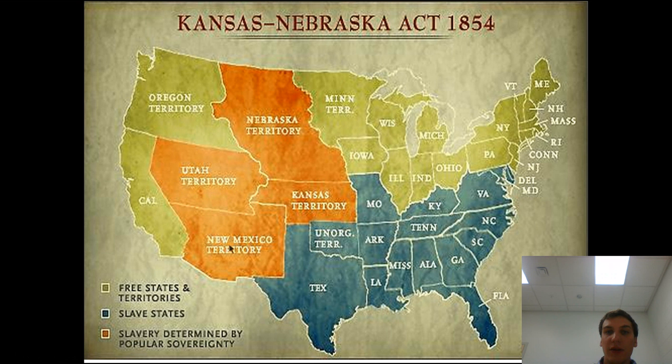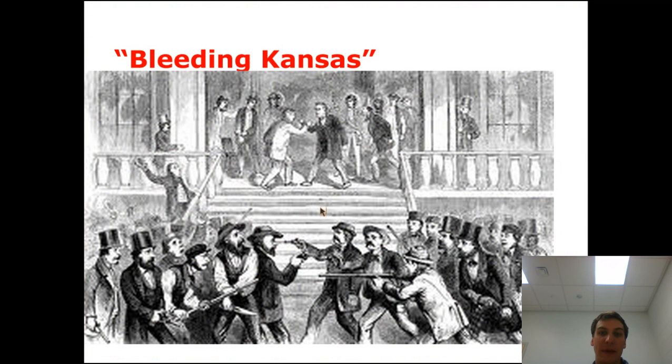The last one was the Kansas-Nebraska Act of 1854. In that act, they decided to let Kansas vote on whether it wanted slavery or not. This turned into a huge issue because now you had abolitionists going to Kansas and people who wanted slavery going to Kansas to try to get people to vote. Not only were they going there, but they were bringing weapons and starting conflict.